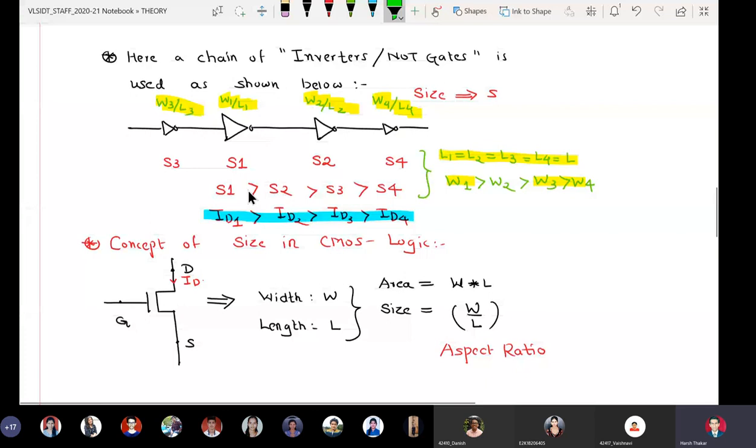Now fourth is that is hierarchical tree method.